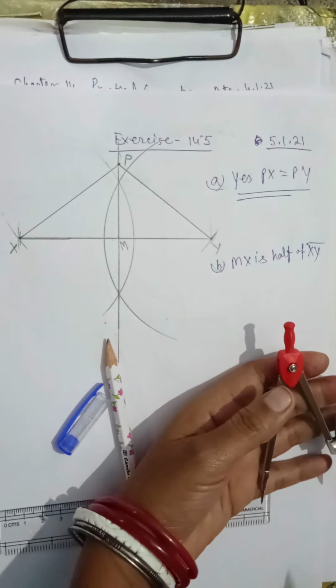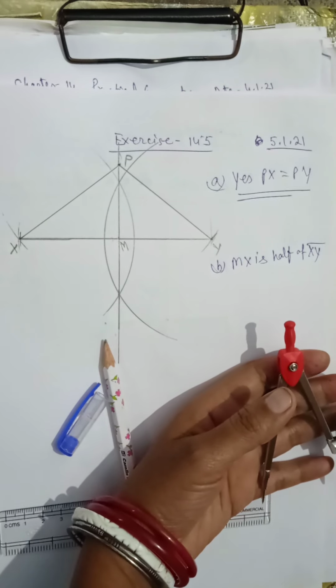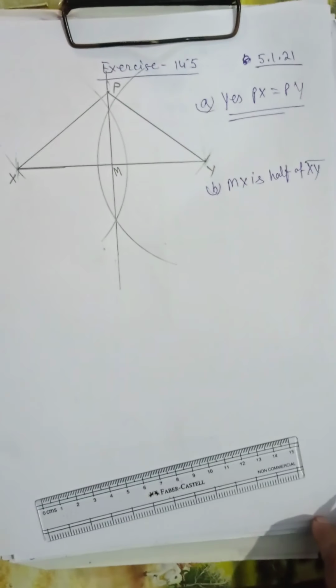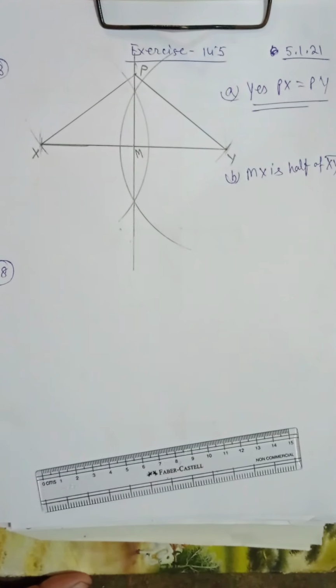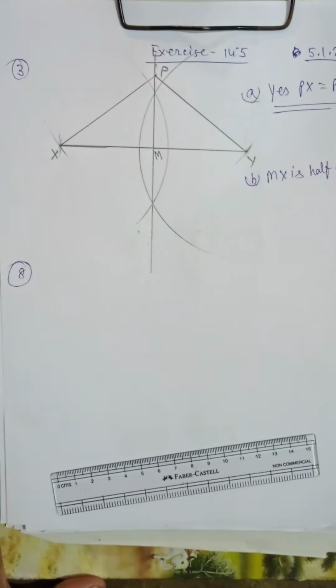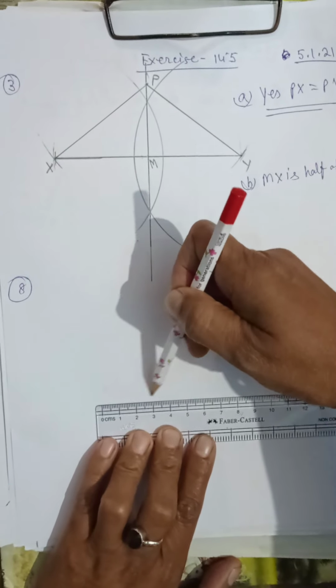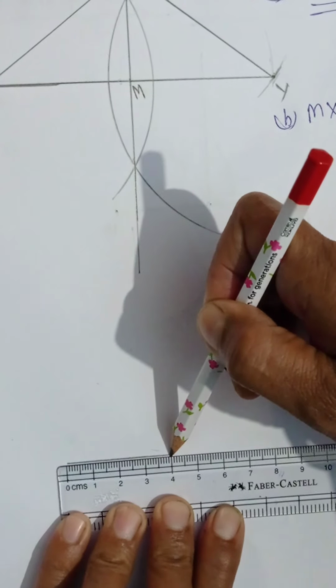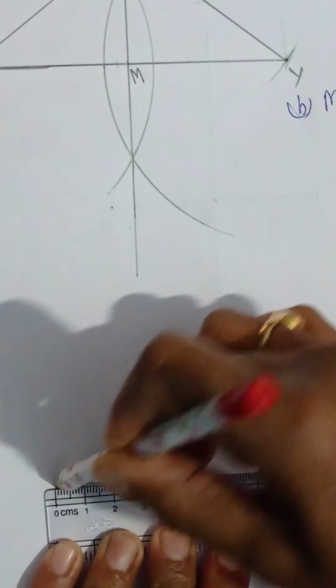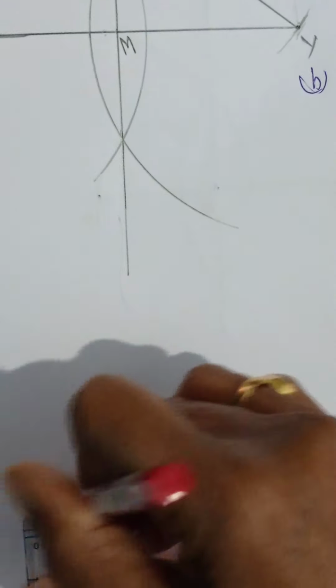Here I am going to solve question number 8, then I will do number 9. In question number 8, you have asked, draw a circle of radius 4 cm. Draw any two of its chords. Construct the perpendicular bisector of these chords. Where do they meet? So first I have to take one line segment that is 4 cm, and it will be the radius of this circle. So put the scale, then I am going to mark up to 4 cm. Yes, this will be the radius of my circle. Here it is 4 centimeter.